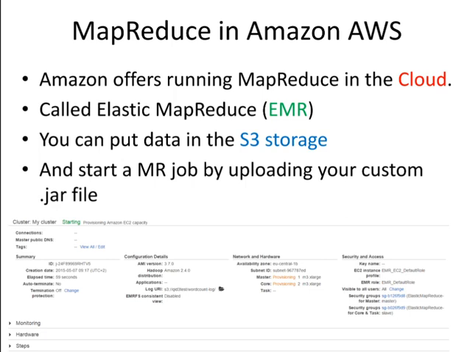Like in your local setup or your local data center cluster, you're creating a MapReduce job by uploading your custom jar file. In this case, you upload it to Amazon Web Services, and then you can observe that the machines are starting. These machines run, of course, in Amazon data centers, and for instance, they're also running Hadoop MapReduce. Then you can monitor the number of instances while it's running, and in the end you see the results of your computation stored in S3.